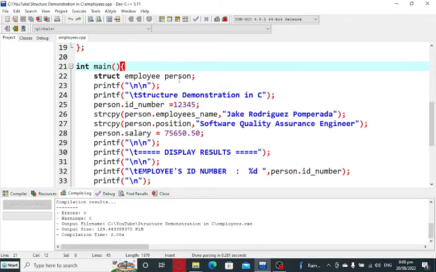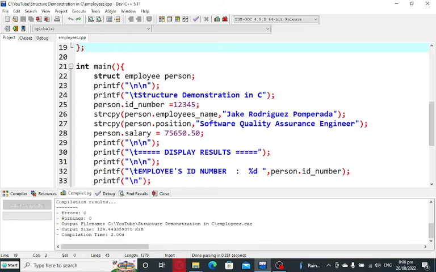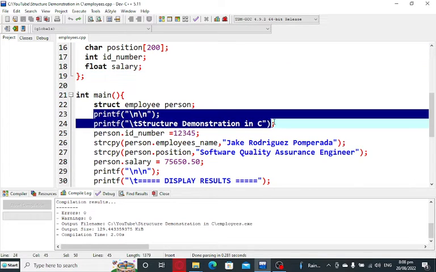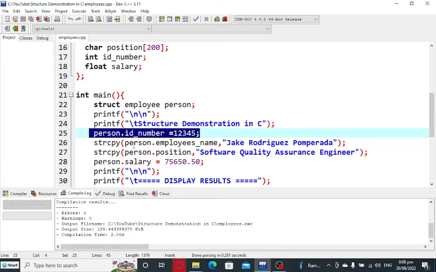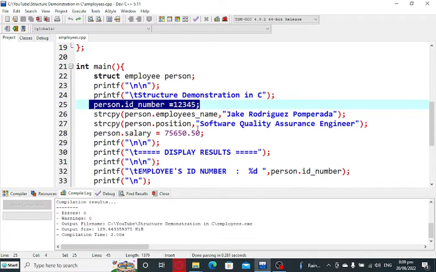Int main, it is the starting point of every C program. Struct employee person. So the person here, in object-oriented programming in C++ or Java, becomes an object. So we instantiate, no? So the title is structure demonstration in C, person ID underscore number 12345, string copy person employee underscore name Jake Rodriguez Pomperada, string copy which belongs to your string.h, the position is software quality assurance engineer, and then the salary of the